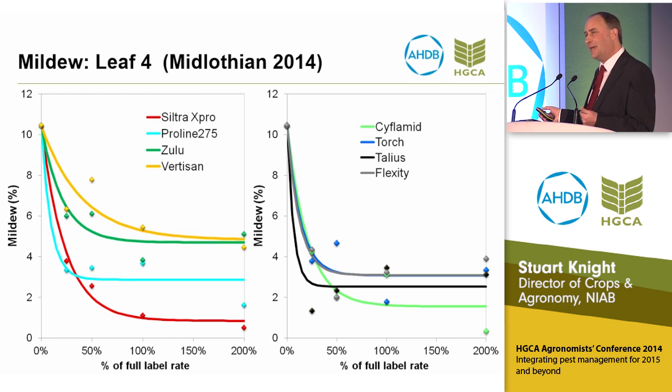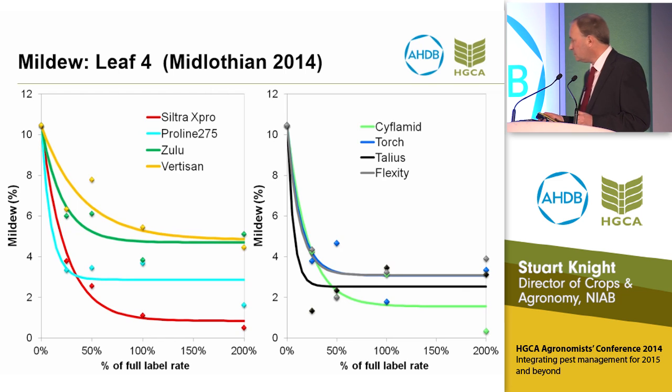And I think that one of the key messages for me to take away is that, after all this time of having Proline used against mildew in barley, we are getting still quite good levels of mildew control from prothioconazole, both from the straight product and also in the form of the Siltrex Pro mixture, SDHI azole mixture. So we're getting some very, very useful levels of control from the products that we're applying to control other diseases